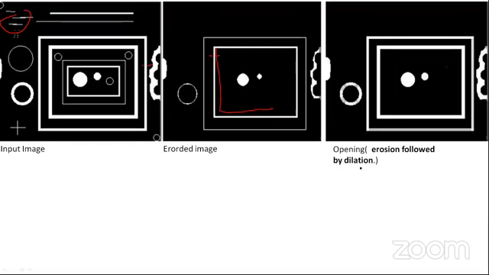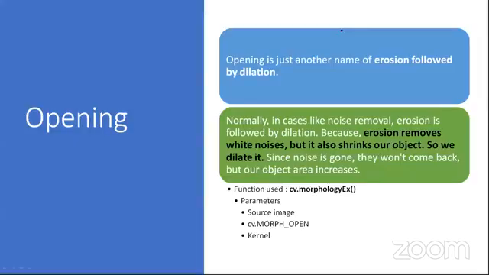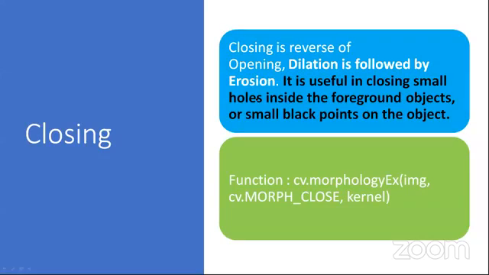What I will do, I will use dilation after using the erosion. So once I remove my noise, then I will dilate my image so that I can increase the thickness. So here you can see, this is how we do it. First we erode the image and then we dilate it. So we do not perform these operations one by one. In OpenCV, we have a simple function, opening, that will make sure that first it erodes the image and then it dilates the image. And we have closing also. Closing is just the opposite of opening.